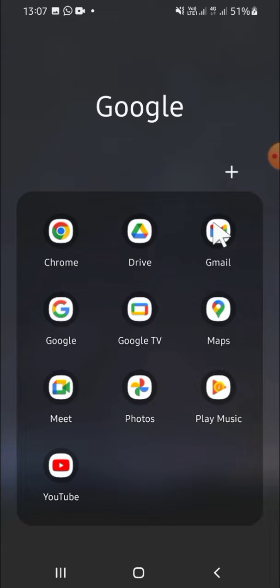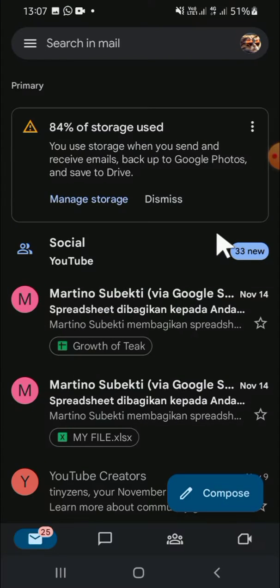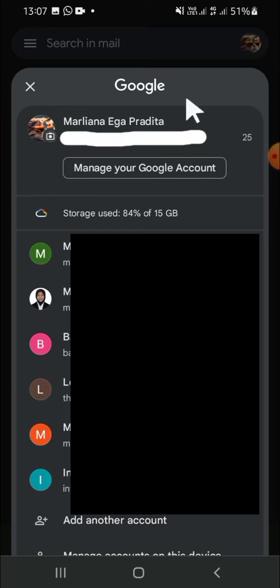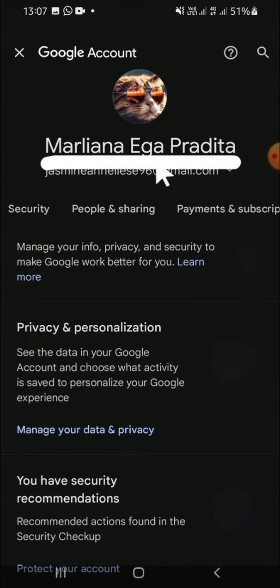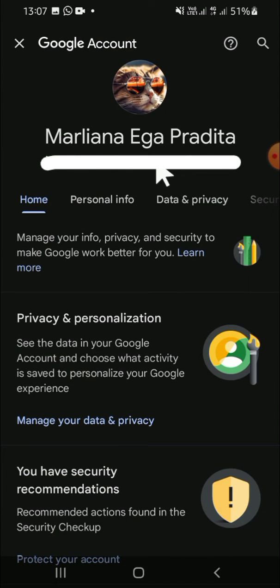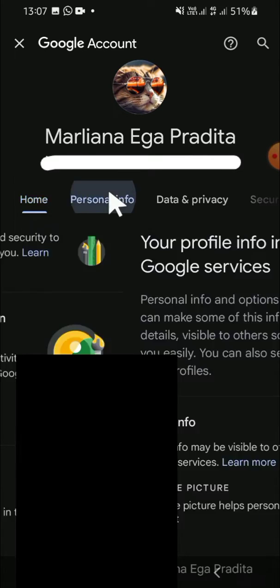First of all, open your Gmail application on your phone, and after that you can click on your profile button right here on the top right corner of your screen. Then you can click on manage your Google account, and then hold on, it's still loading. Okay, and if we want to change our profile picture, we can click on personal info right here